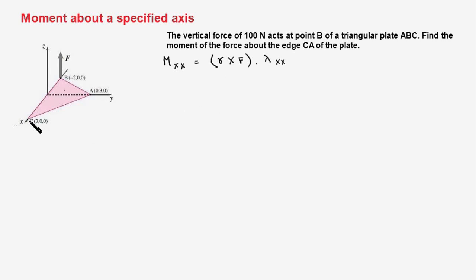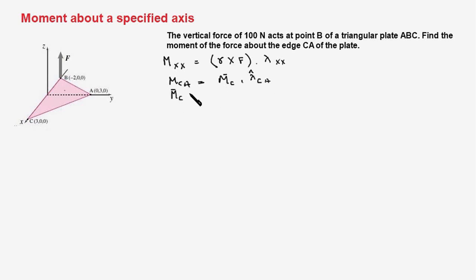Let us choose point C, and therefore the moment about the line CA would be equal to the moment about point C dotted with a unit vector along CA. Note that this is a scalar quantity. This is the magnitude of the moment about the line CA. So let us first determine the moment about point C, and that will be equal to